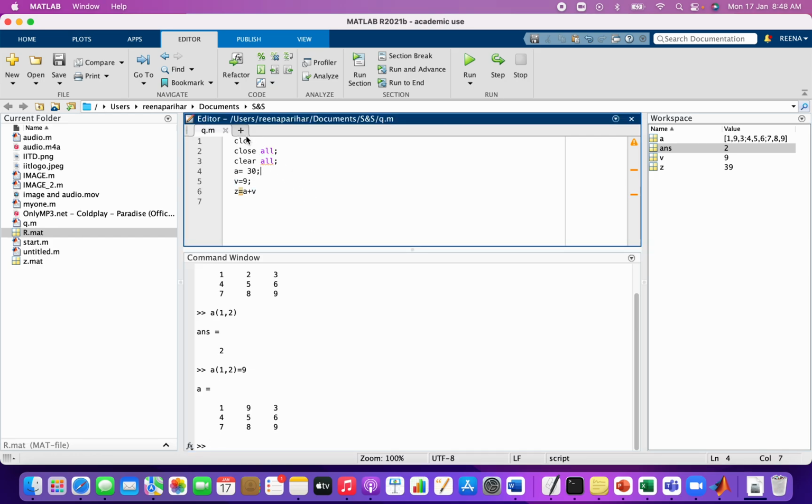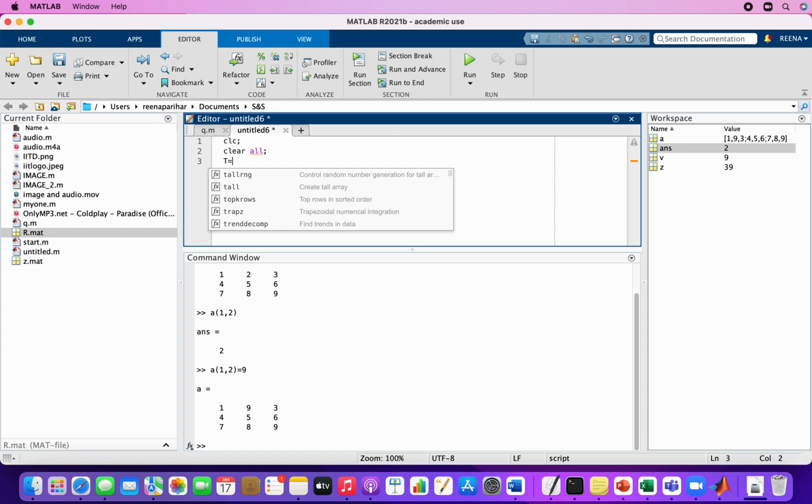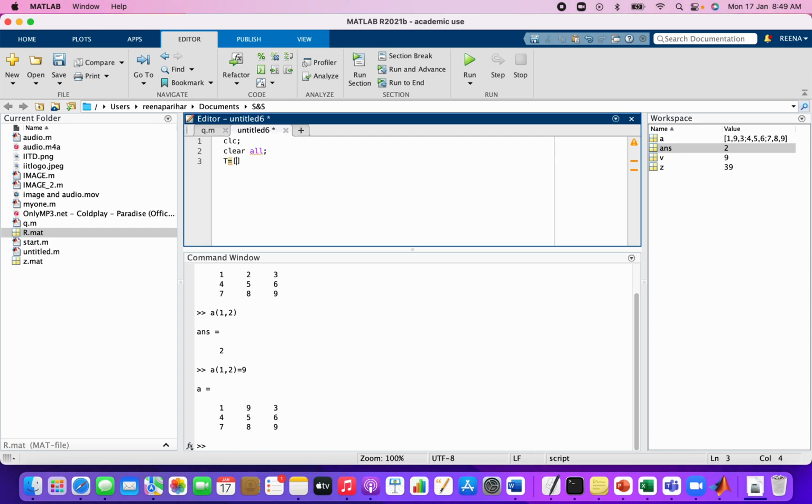Now I want to take you to the next section, importing an image into MATLAB. Before you start, you should have some JPG or TIF file on your laptop. For example, in my current folder there is one iitd.png file. It's a black and white compressed file. To use this, I'll use a read command. I'm going to store it into some variable, so it will be in array form.